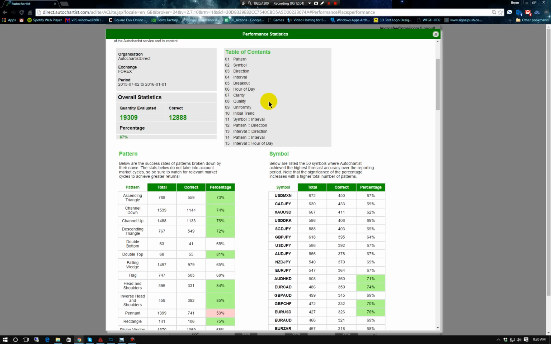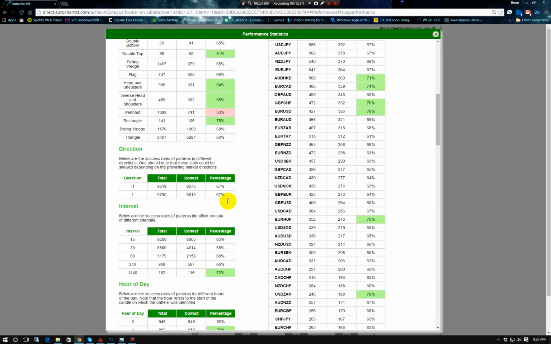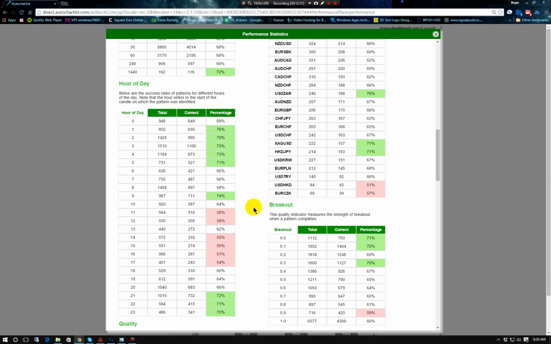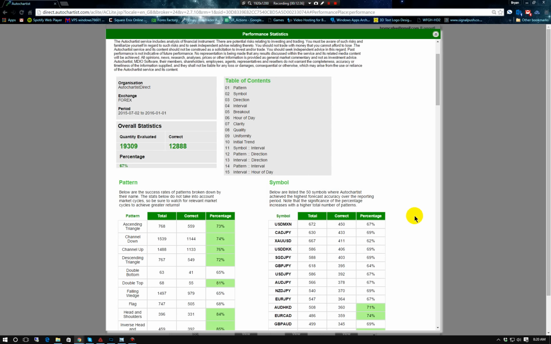Now you can check these are the patterns that they're going to be showing, and these are the percentages on them. Like, if you get a pennant, you might as well just avoid it unless it's your signal and you're very sure of it. But if they confirm it, it's about a 53%. It gives you a lot of direction on all their stats. Hours of the day, percentage, quality. These are the top 50 pairs that they had the most